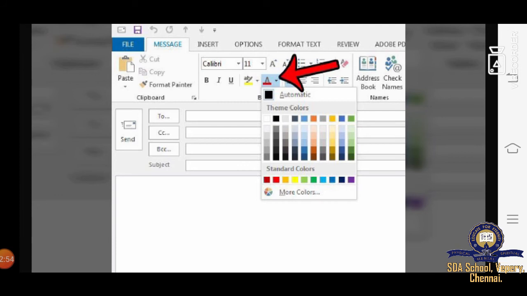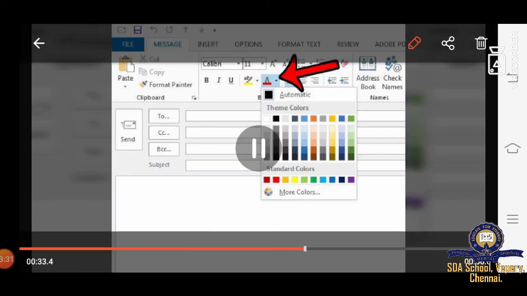Okay, font group of the home tab. To change the color of the content in the cell, select the color by clicking the down arrow next to the font color. You can see the arrow over there near the A. Okay, that is for selecting your color. Okay, theme colors. Then you select the color and put it in your data wherever you require. Children, it's very easy. Please, first you need to know each and everything that is there in this block. Then only you start operating whatever you want to do.